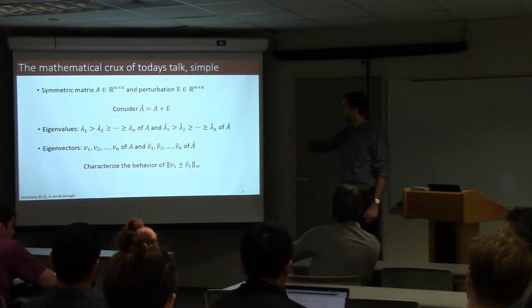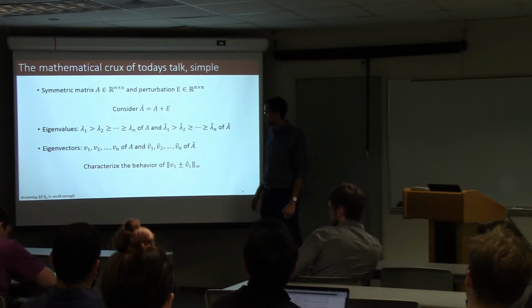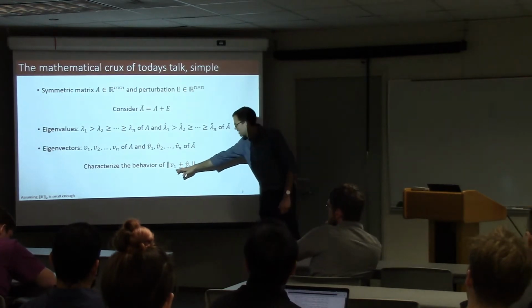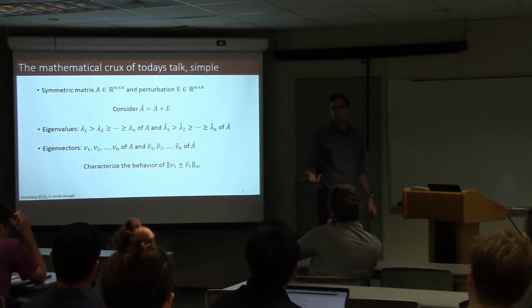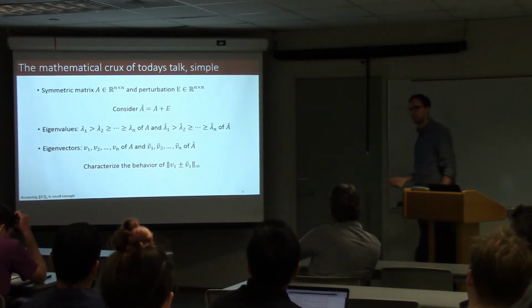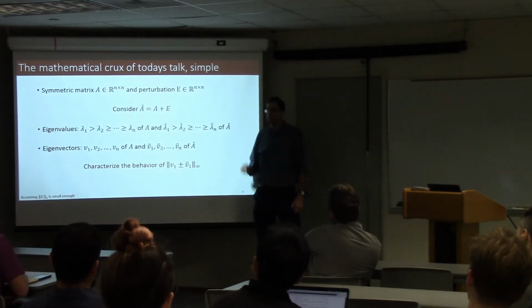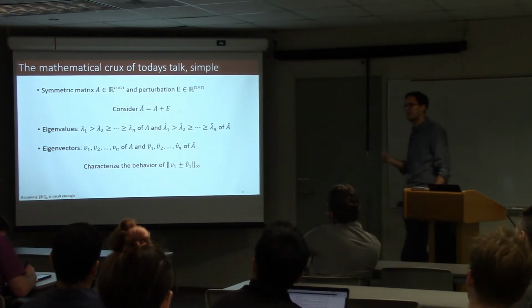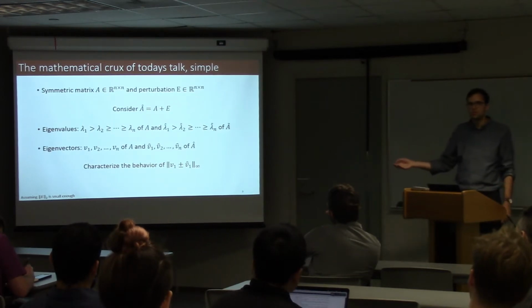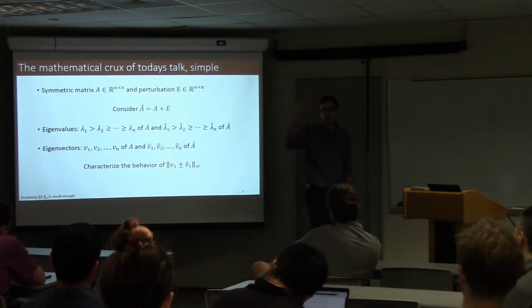Now, under some mild assumptions, so I can associate things, what we would like to understand over the course of this talk is how the eigenvectors of A, specifically v1, and v1 hat differ, but not in the most common way people look at this. We're going to ask the question of how do v1 and v1 hat differ in the infinity norm? So I'm actually interested in entry-wise differences between these two vectors. The infinity norm is the max absolute entry. So I'm saying, let's take the vector v1 and the vector v1 hat, subject to some choice of sign. How close are they entry-wise?